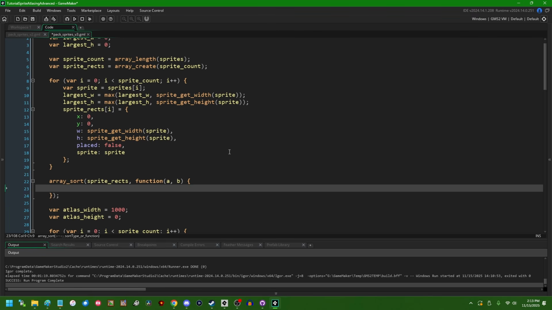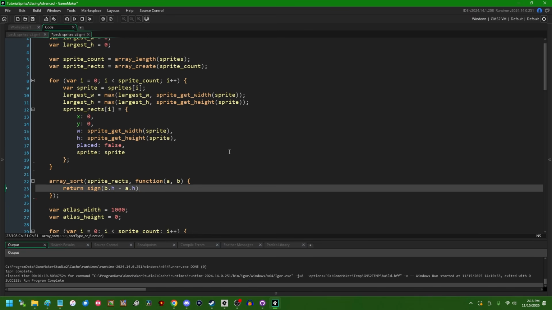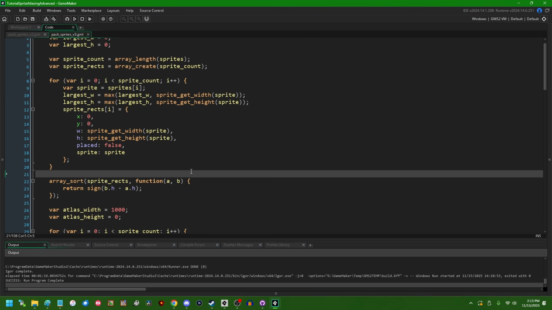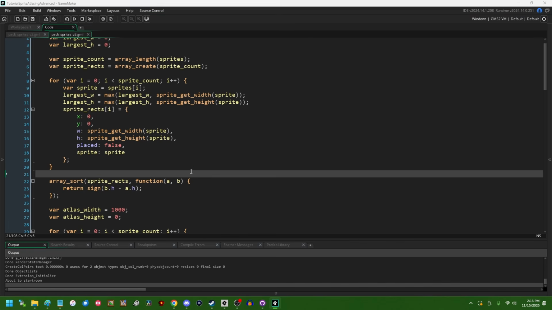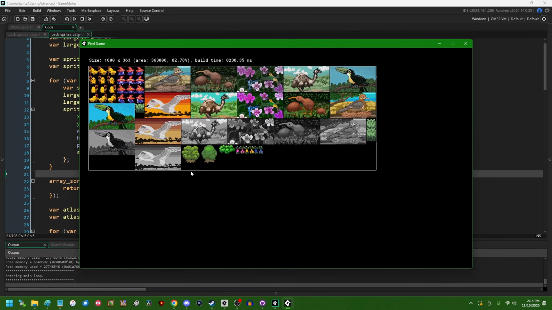To sort them by height, I'm just going to return the sign of b.height minus a.height. I'm not going to get too into how array sort works here. It's part of the array functional programming set of functions that GameMaker contains. Very useful for stuff like this, to be able to sort an array according to any heuristic you want. Anyway, if I run this now, our packing should be a little bit more efficient, and it should take a little bit less time, because we're going to do basically the hard parts first, and we won't have to check quite as many positions. So that completed in about 8 seconds, and now our total area is about 360,000 pixels